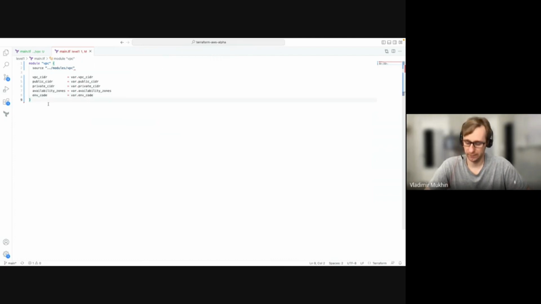So basically what we did is simplified our level 1 configuration from 100 or even several hundred lines only to this. Only this small building block for our VPC. Also, we can go even further and, for example, outsource